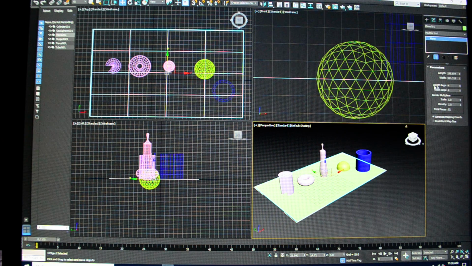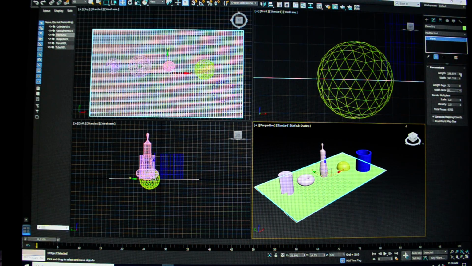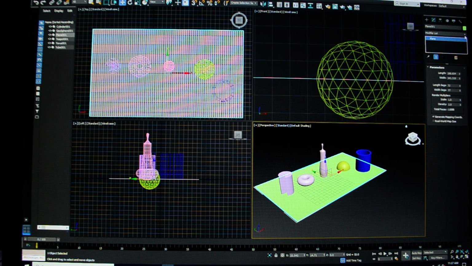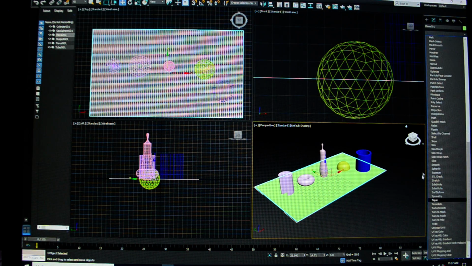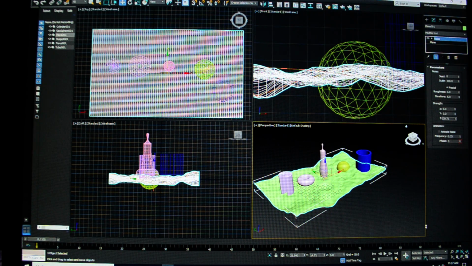Modify tab. Segments on this, we're going to do a lot with the segments on this. Let's just increase this just so I can show you another modifier right quick. Okay, so there's my plane. And I'm going to go in, I'm going to add noise. There it is, noise, N-O-I-S-E. And I'm going to check fractal. And I'm going to come down here to my Z strength. And you see as I increase that,